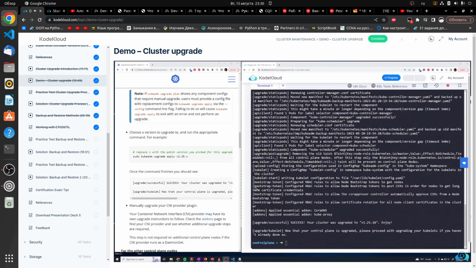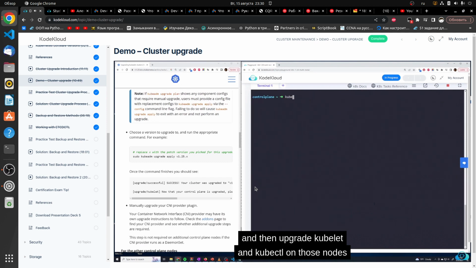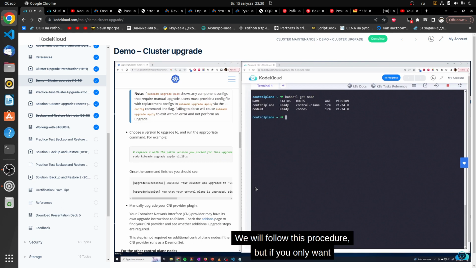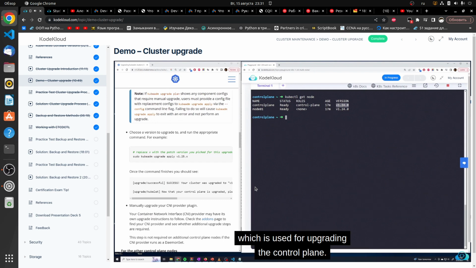All right, so now after that's completed, we can see that the upgrade was successful, and we've successfully upgraded to version 1.25.10. Now, if I run a kubectl get node, you're going to see that it still reports version 1.24.0. So why is it saying that when it said the upgrade was successful? That's because the version that's outputted here is going to be the kubelet version. And so kubeadm doesn't upgrade kubelet for us. We have to do that manually ourselves. And so that's what this is reporting. But all of the other components have been upgraded to